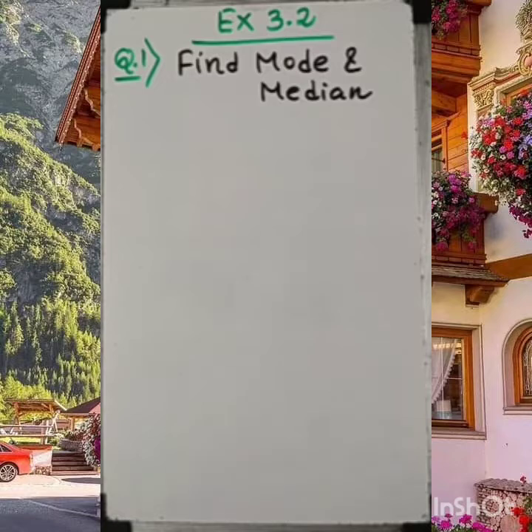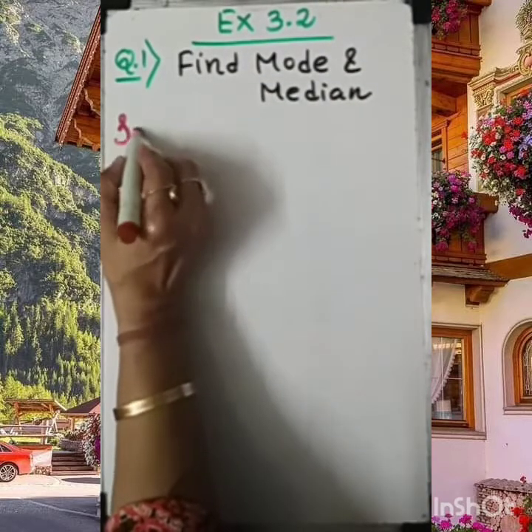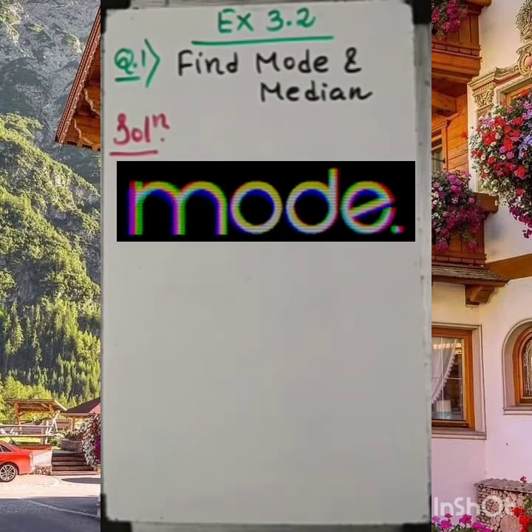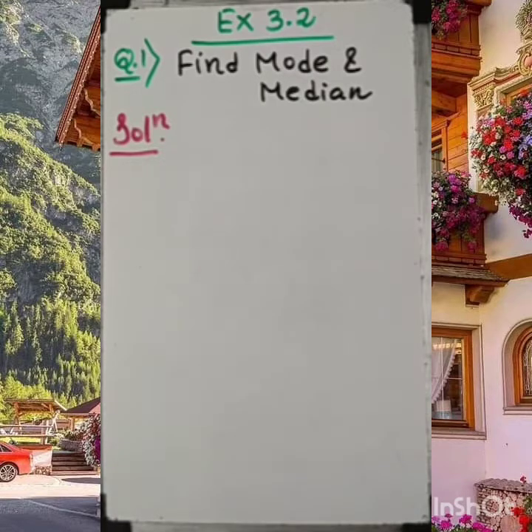So first of all, dear student, let me draw your attention to mode. What is mode and how to find the mode? The number which has been frequently repeated in the given observation, that is called the mode of the given data. And remember, dear student, more than one mode is possible. Okay, so how to do so? Let's try to understand through this example.